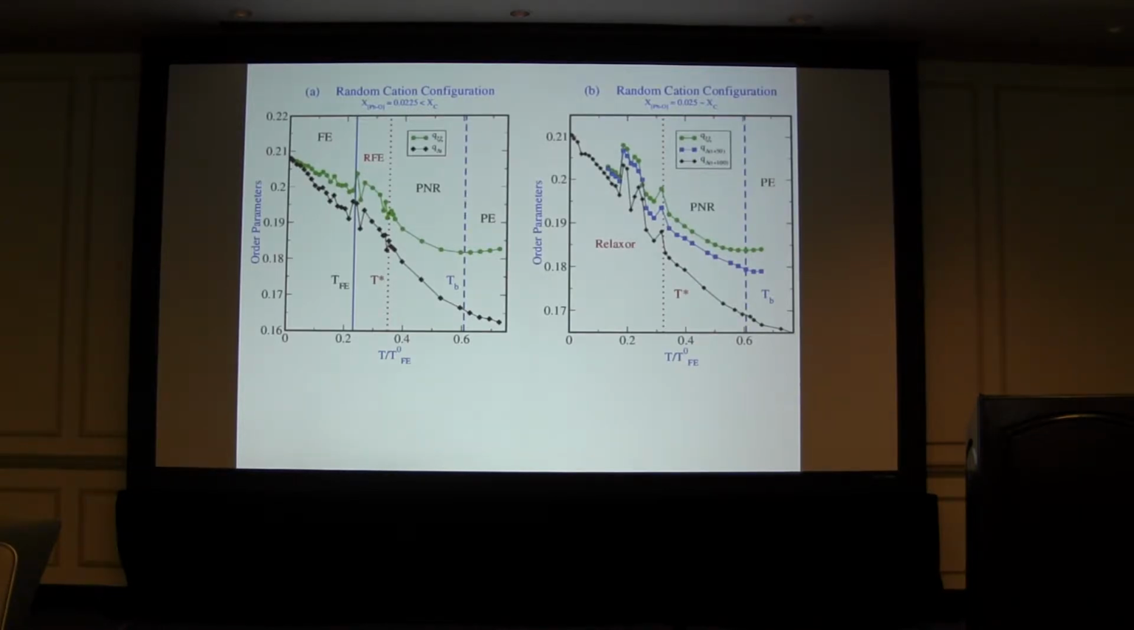This is how the order parameters behave, and this is for the random cation configuration. Below the Burns temperature, which was calculated independently in the original calculations, there seems to be a minimum or something like it in this order parameter. This one is the Q size I parameter. And then at what I'm calling T star, things start to get interesting, and there starts to be an erratic